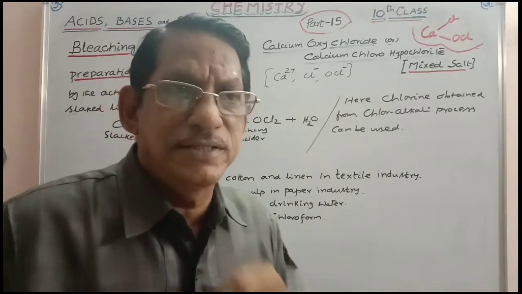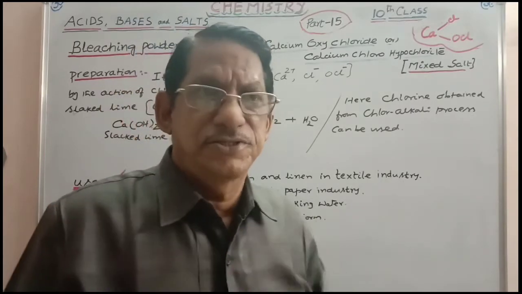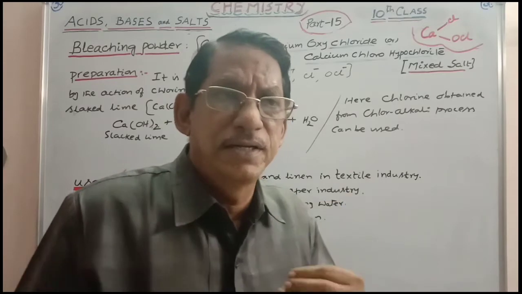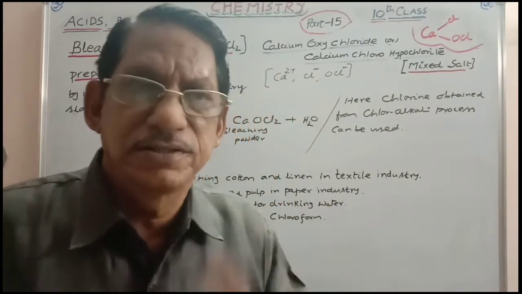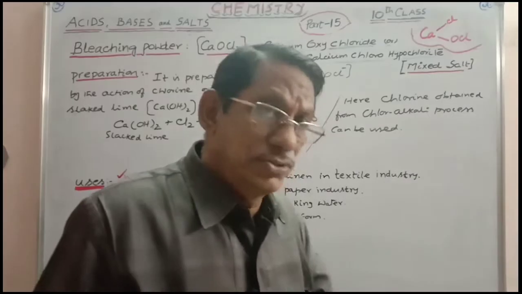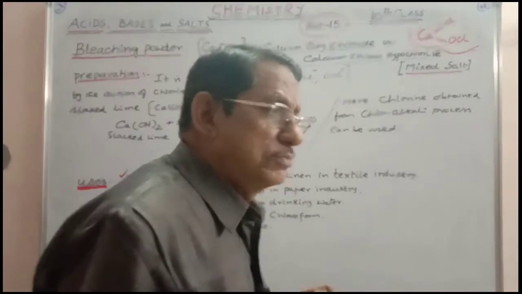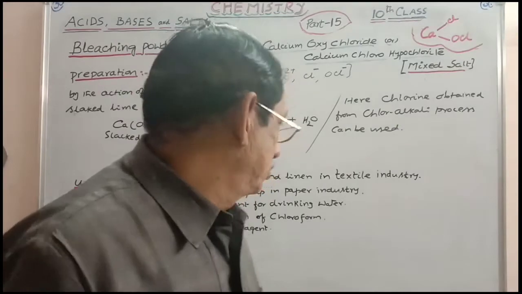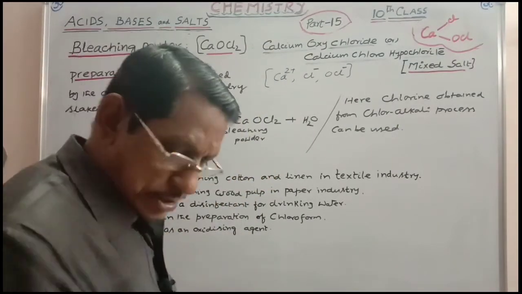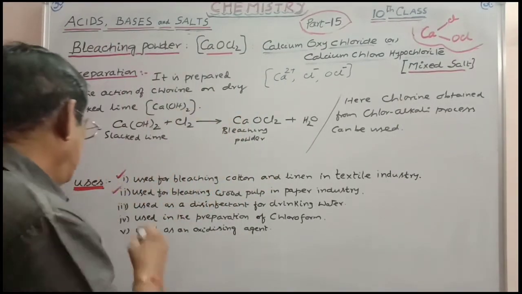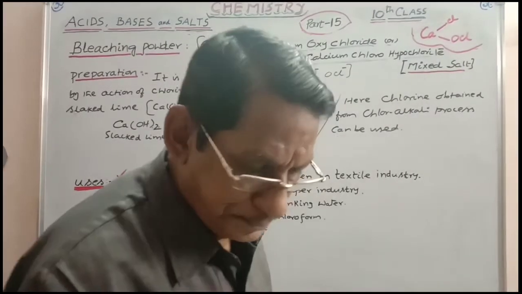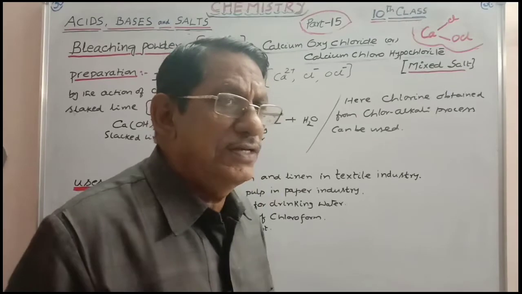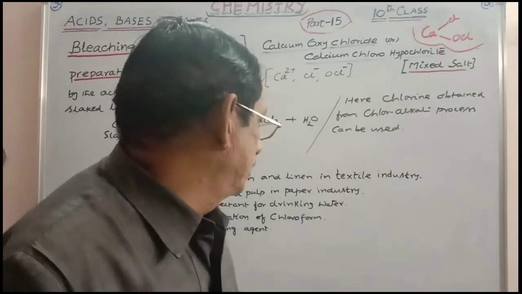And so to avoid that, you have to use a disinfectant, an ability to kill the germs and bacteria present in the substance, that is called disinfectant. Ozone can be used, of course, and particularly this can be used because it is cheaply available. And so, used as a disinfectant for the drinking water. That means it is used for the sterilization of drinking water.